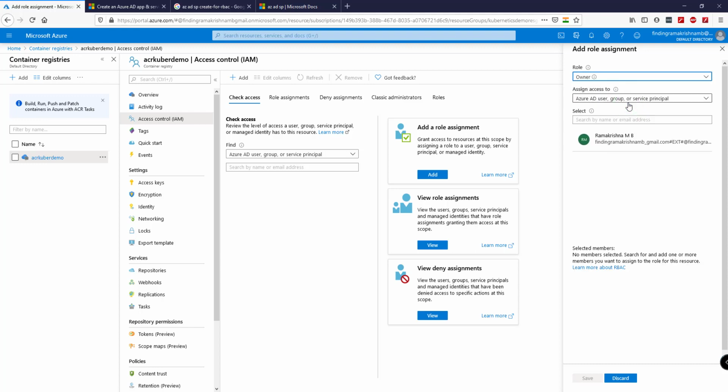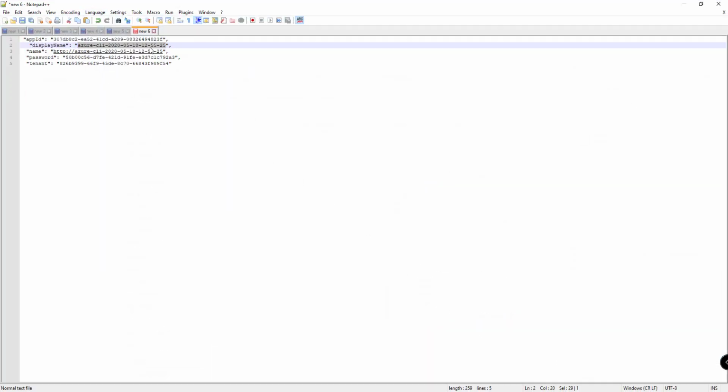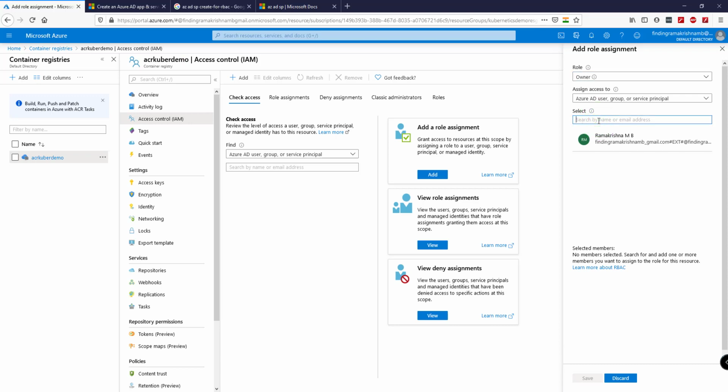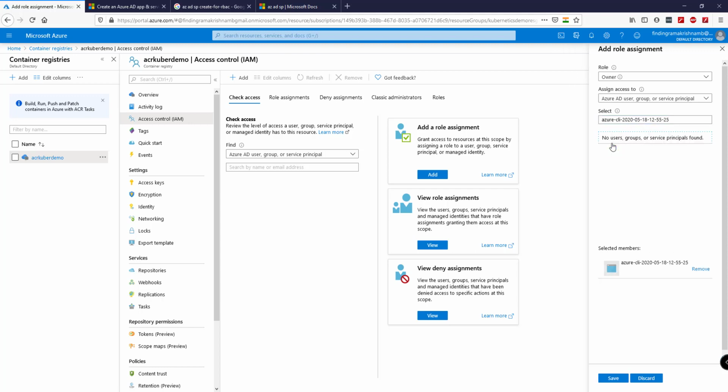For now, we will select owner and give a display name. Copy the display name of the service principal and paste it over here. We have our principal account listed, and click on save.